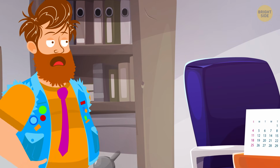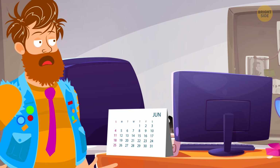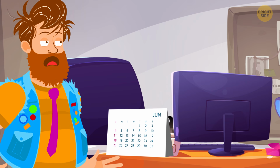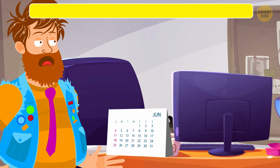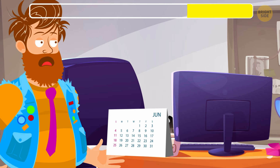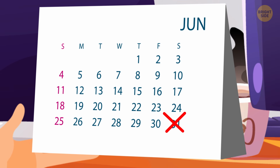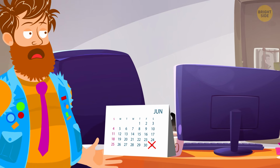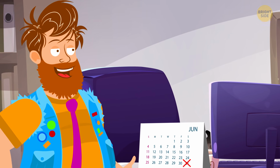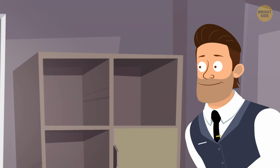Richard arrives at the office, and he instantly notices something is really wrong there. Can you figure out what exactly? Look at the calendar. June only has 30 days, so June 31st, well, doesn't exist. It was the first tentative test at work, and Richard passed it. His boss comes into the room and says,